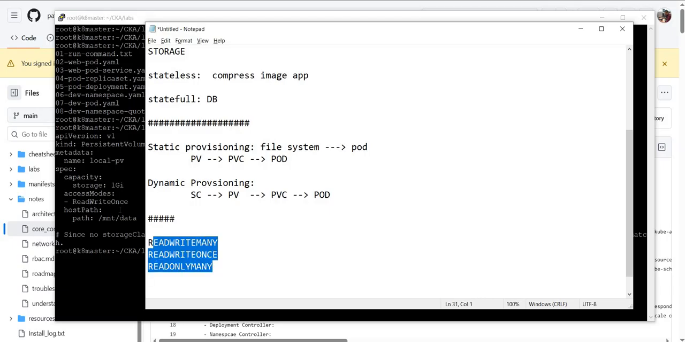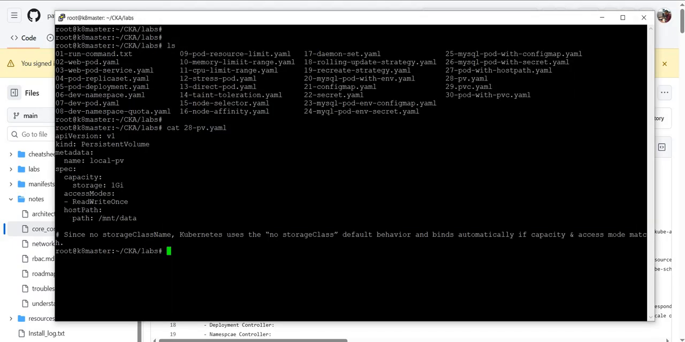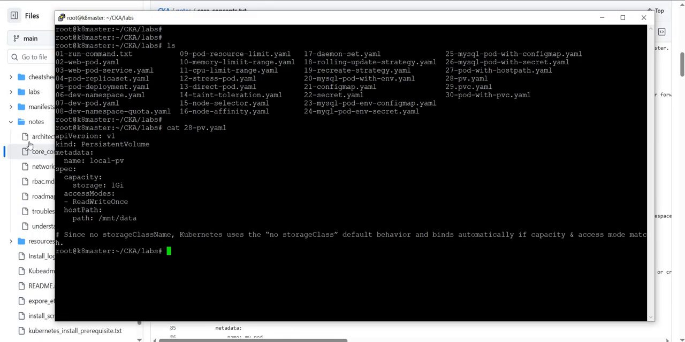We are defining that here. Then I'm just doing the hostPath again. I'm creating a directory called mnt/data, right? That will be created under this, and I'll show you how we can create it. Okay, so let's create the PV now. It's simple. kubectl create -f 28. It's created. If I run kubectl get pv,